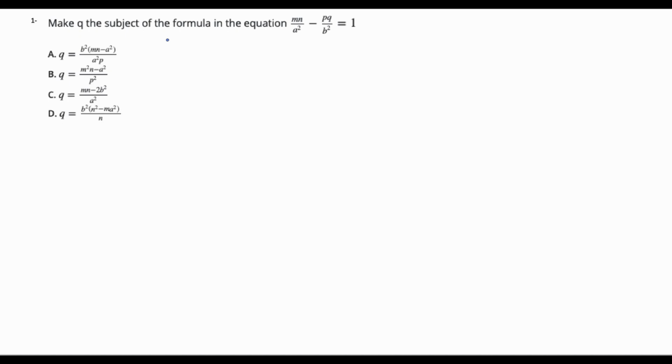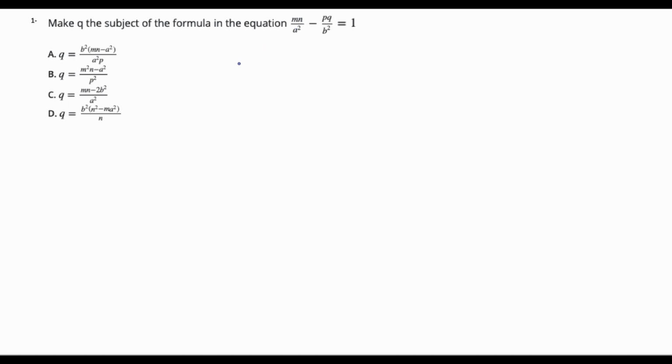Hello, in this video we're going to be solving mathematics past questions for Jamb 2019. We're going to try and solve it and explain it as simply as we can. So let's go. Now the first question says make Q the subject of the formula in equation M in this